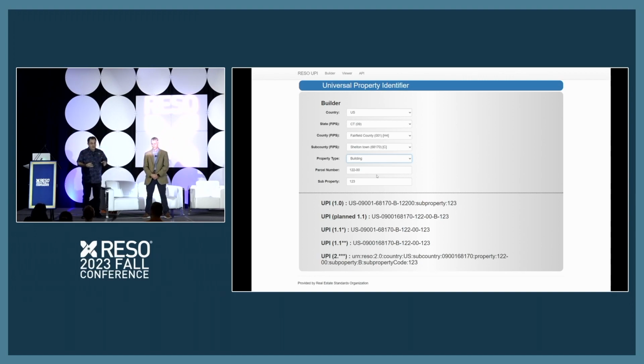So the registry handles changing properties and changing parcel IDs by introducing a mechanism that says, hey, I have some information about this property ID, this UPI. That might be an insurance claim. That could be another property ID. And that's how we handle the legacy of the history of a particular property and how it might have changed. So you make a single call to the UPI registry, and it tells you everything. It can tell you whatever is there.